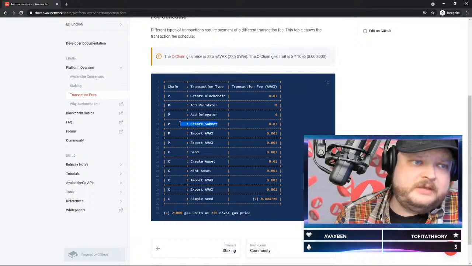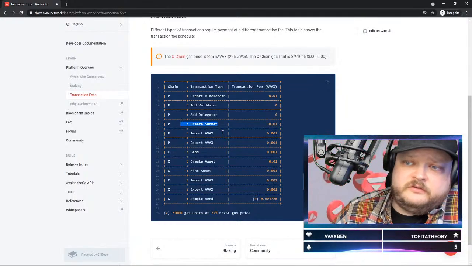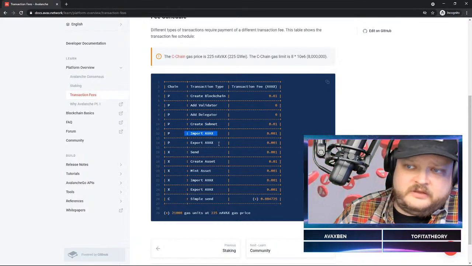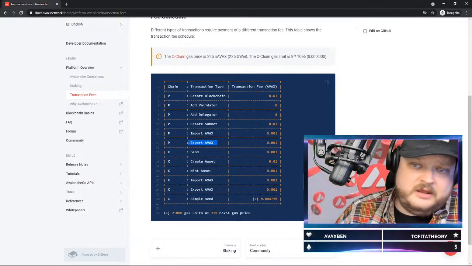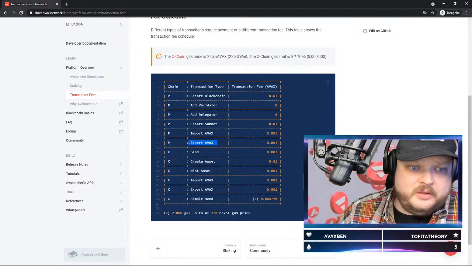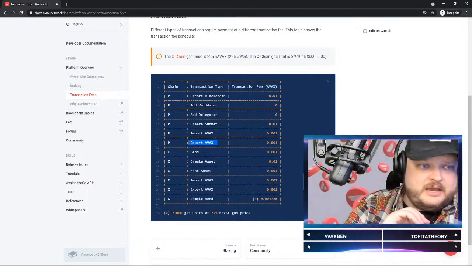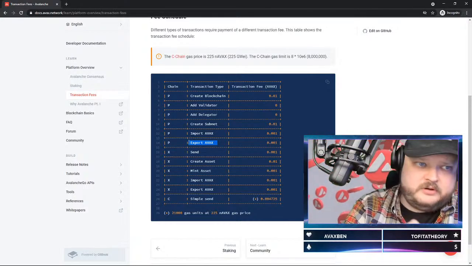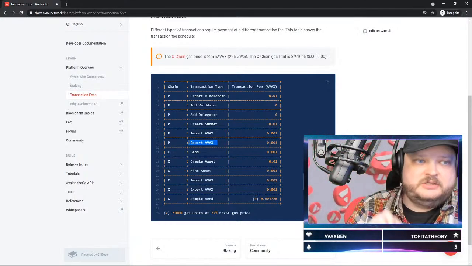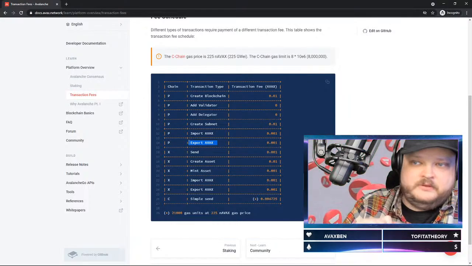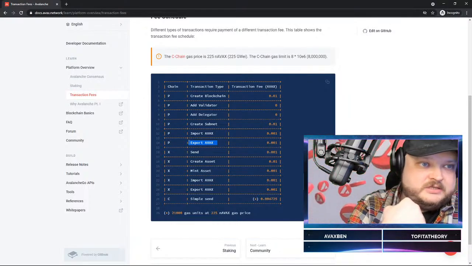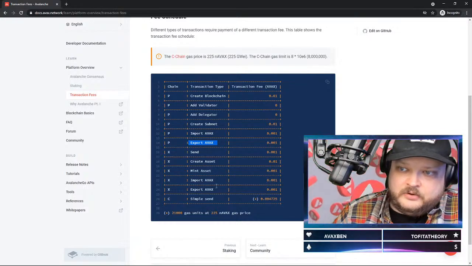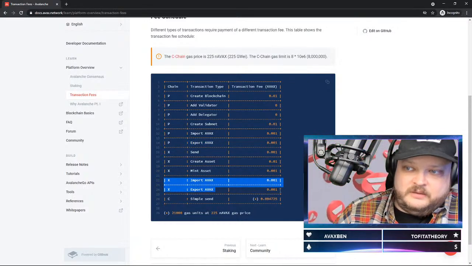Those are basically the only changing costs associated with anything else. Otherwise, we have this import and export of UTXOs on the P chain. Very common operations. You've seen it in the wallet before. If you're staking, you have to export from the X chain and import onto the P chain. It's a two-step operation: export, import. In the reverse direction, you export from the P chain and import to the X chain. Both of those also exist with the same fees as everything else.